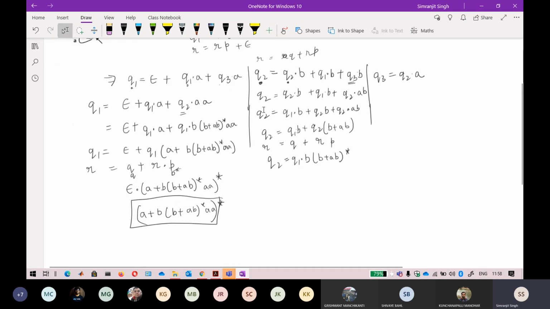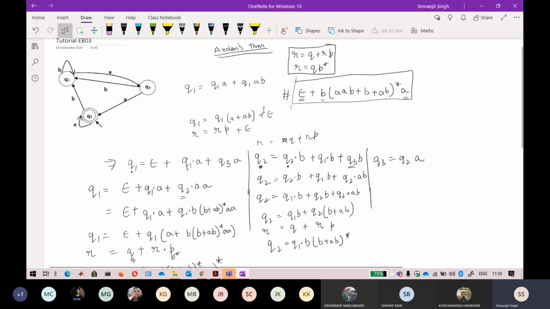So keep that in mind, that your Q1 will be your final state, because this is your final state. The expression will be obtained on this final state. Don't think that it will be obtained on any other state. Suppose this Q3 is also a final state, then you take out the answer on that, take it as answer 1, and the answer on the other, take it as answer 2, and add a plus symbol between them. Okay, so they both are correct. If there is more than one final state, keep that in mind. You can just join them by adding a plus.